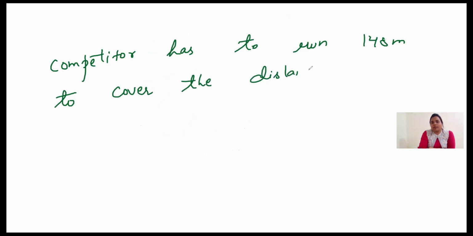We have also played this game in our school, like you also play in the sports competition. There are some balls kept in a single line and there is one bucket placed. We have to run, pick one ball, come back, put it in the bucket. Again go, pick the second one, bring it, put it in the bucket. So we also play this sport in our school. So this is the same thing. In this case, it is potato over there. And this was how much distance we cover.